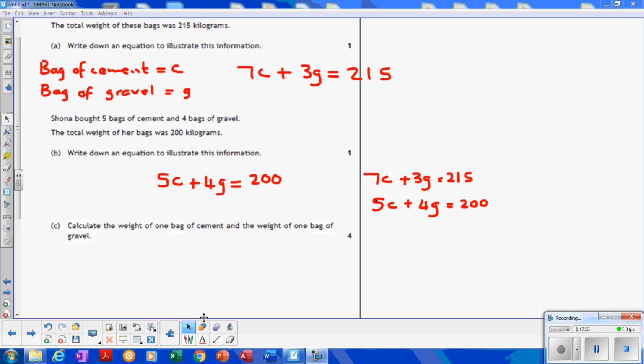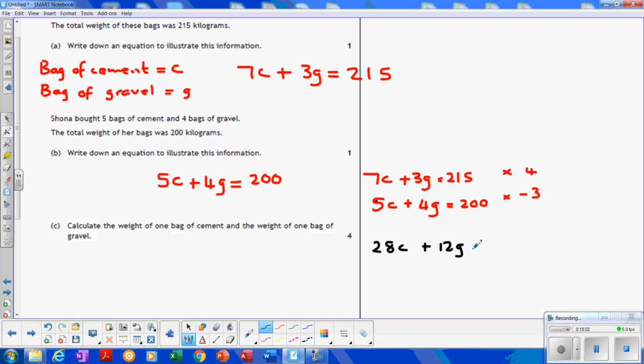They're all the same sign, but we've got 7 and 5, and 3 and 4. So I'm going to eliminate G by multiplying the top one by 4, and the bottom one by 3, but I need to make one negative, so I'm going to make that minus 3. So the top equation, when I multiply by 4, 7 4s are 28, gives 28C plus 12G,